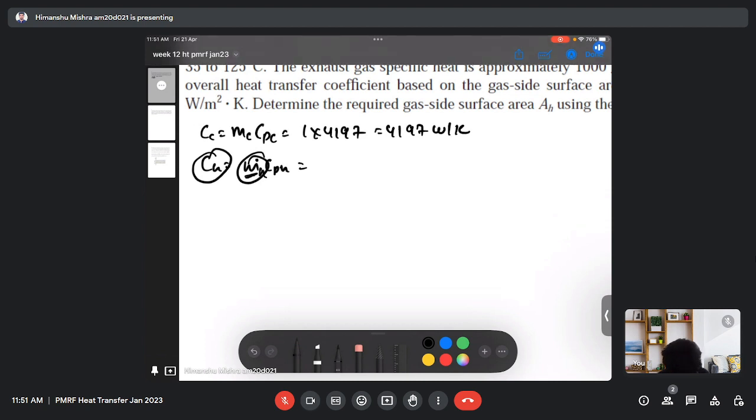To calculate the mass flow rate, we can use the energy balance. That means my Q will be